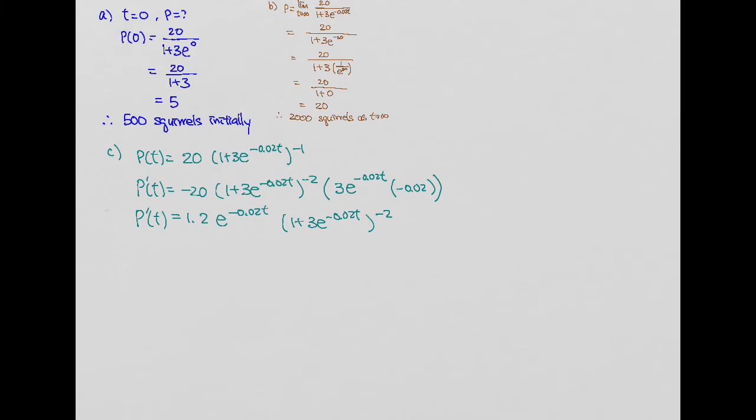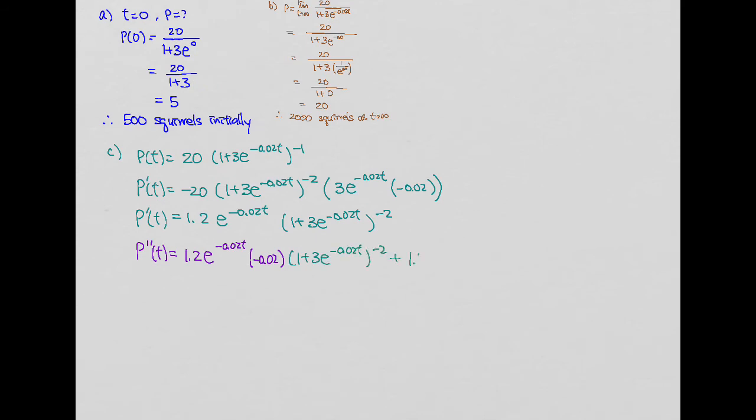Once you have the first differentiation, then we can move on to the second differentiation. And as you can see, this becomes a product rule. So P double prime of t. So the differentiation of the first term, which will be 1.2 e to the negative 0.02t times negative 0.02 times ln of the base e, which we don't need to write down. And copy down the second function,